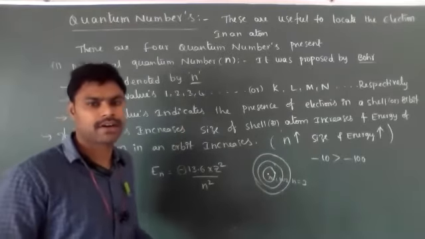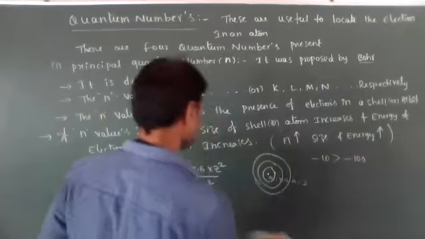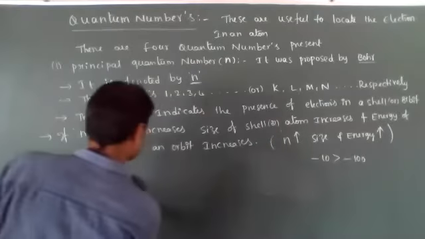Energy of electron in an orbit increases. Okay, it is clear. Now,